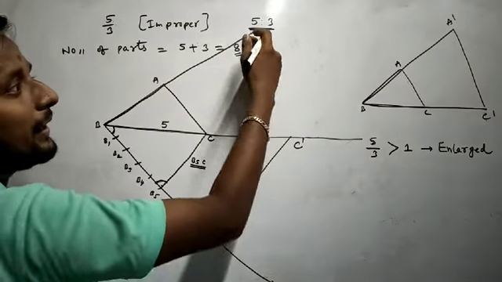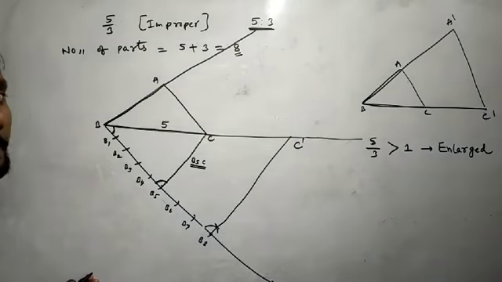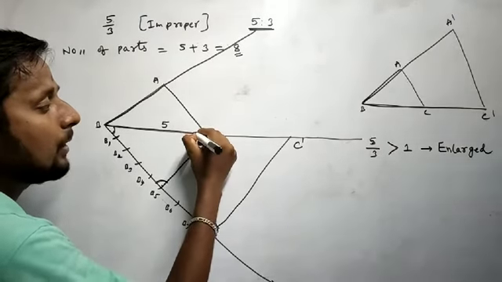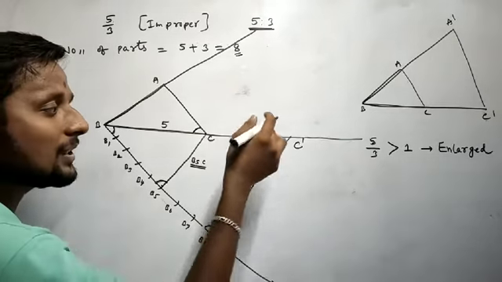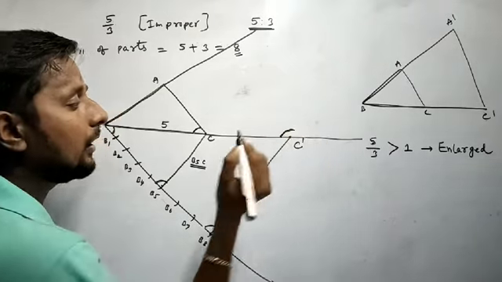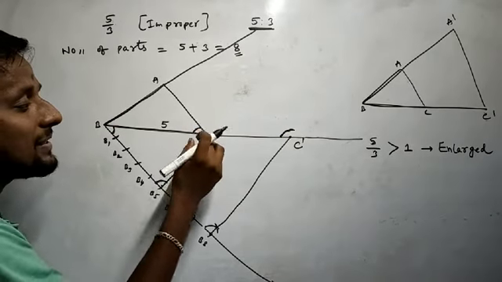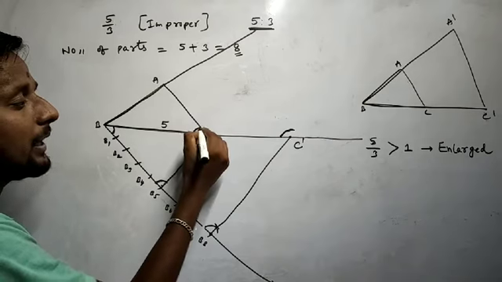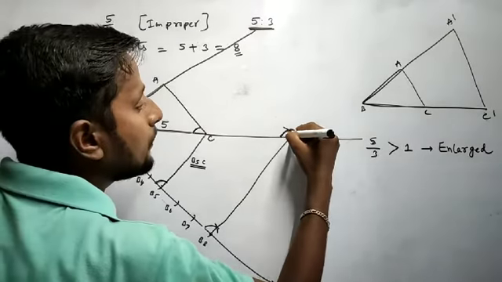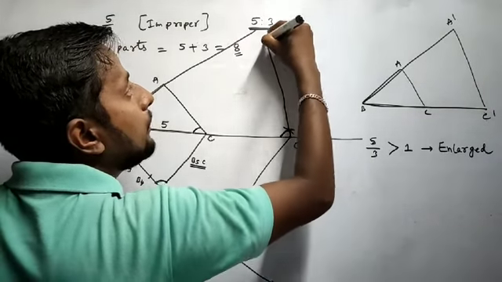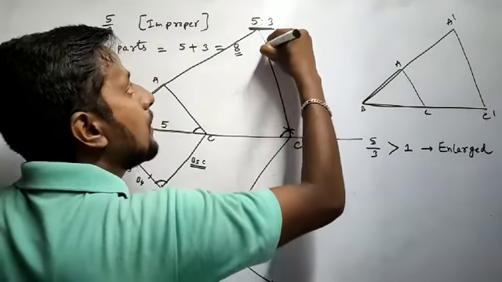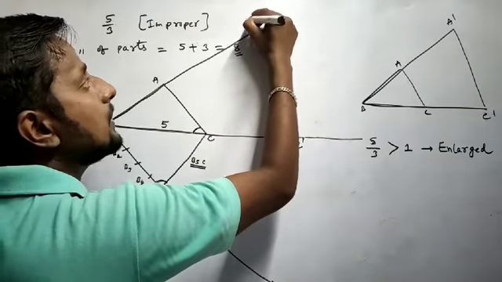Next, we have to find A dash, as from our rough diagram. With C dash as the center, make an angle here. With the same radius, with C dash as the center, make one more angle. Next, measure the gap between the end point and starting point of the angle, and make an arc. Wherever it cuts, with the help of a ruler, try to extend it. Wherever it touches, it is A dash.